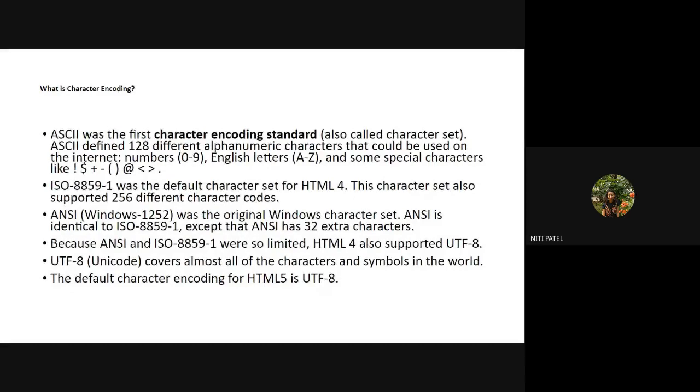Now, what does a computer do after it gets the input in a human language? It converts that human language into machine language. That means NITIPATEL gets converted into 0 and 1. A human language is converted into a machine language so that a computer can understand. Once the computer has converted it into zeros and ones, it will operate in 0 and 1. After the operation is completed, if it wants to display something on the computer screen, will it display in 0 and 1? No. It will display in the same language which is understood by the user.